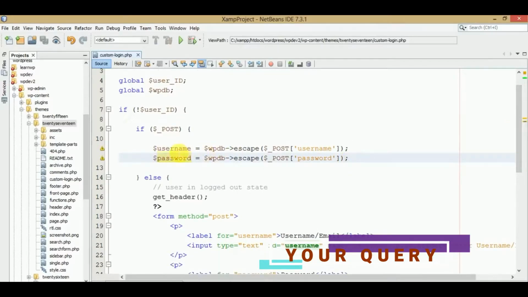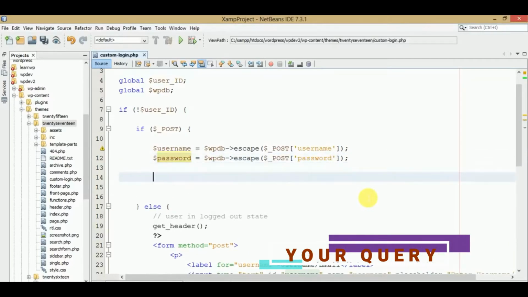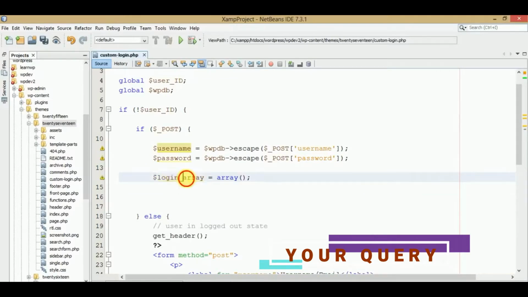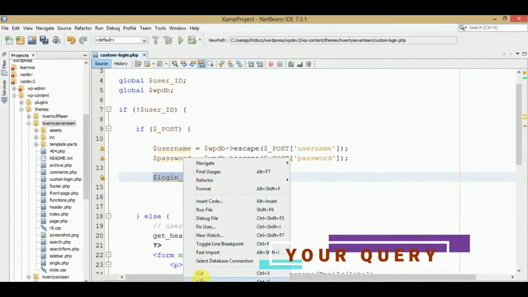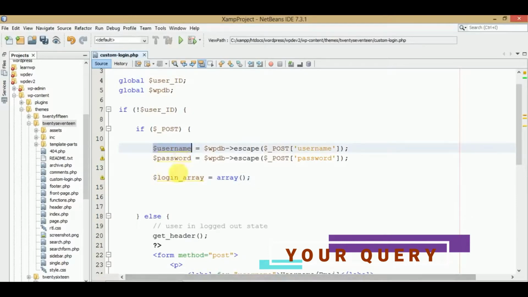Now we are going to check these variables against the database user. So we need to store these variables inside an array. Let's say login array. Let's initialize it with an empty array, and inside this login array you need to store the values of username and the password. So you just need to write user login